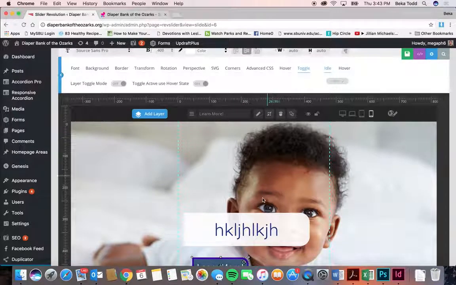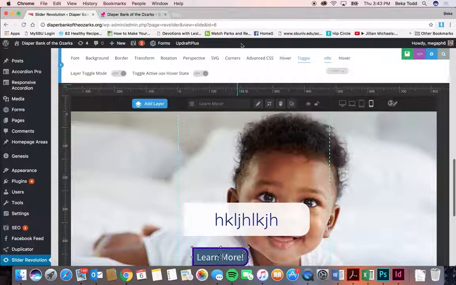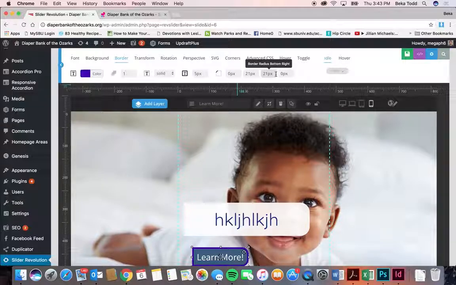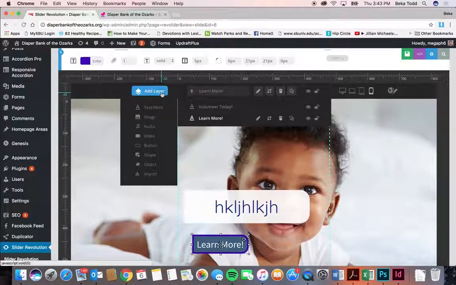And the reason these corners are rounded and these are sharp is based on border. You can see border radius. So top left has 0, bottom left has 0, and then the others are 21, and they've got those rounded edges. You can add a new layer